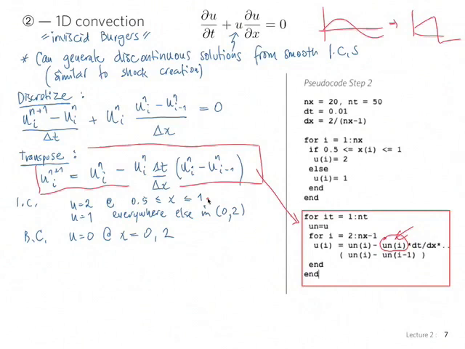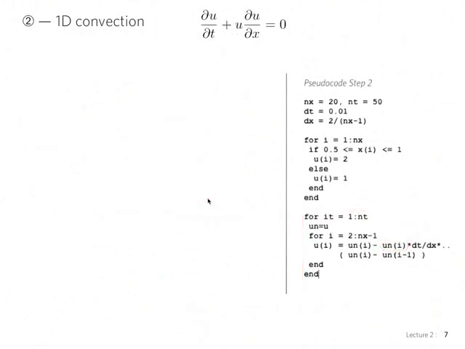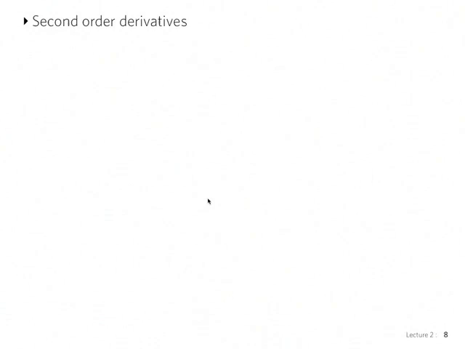For the next 2 steps, steps 3 and 4, we're going to need approximations of the second order derivative, which we haven't seen yet. So let's just make sure that we know how to do that. So we want to approximate second order derivatives. Geometrically, the second order derivative is like the slope of the line tangent to the first order derivative. So if I calculate the first order derivative and I plot that, then the line tangent to that is going to be the second derivative, right? So because of this geometrical interpretation,